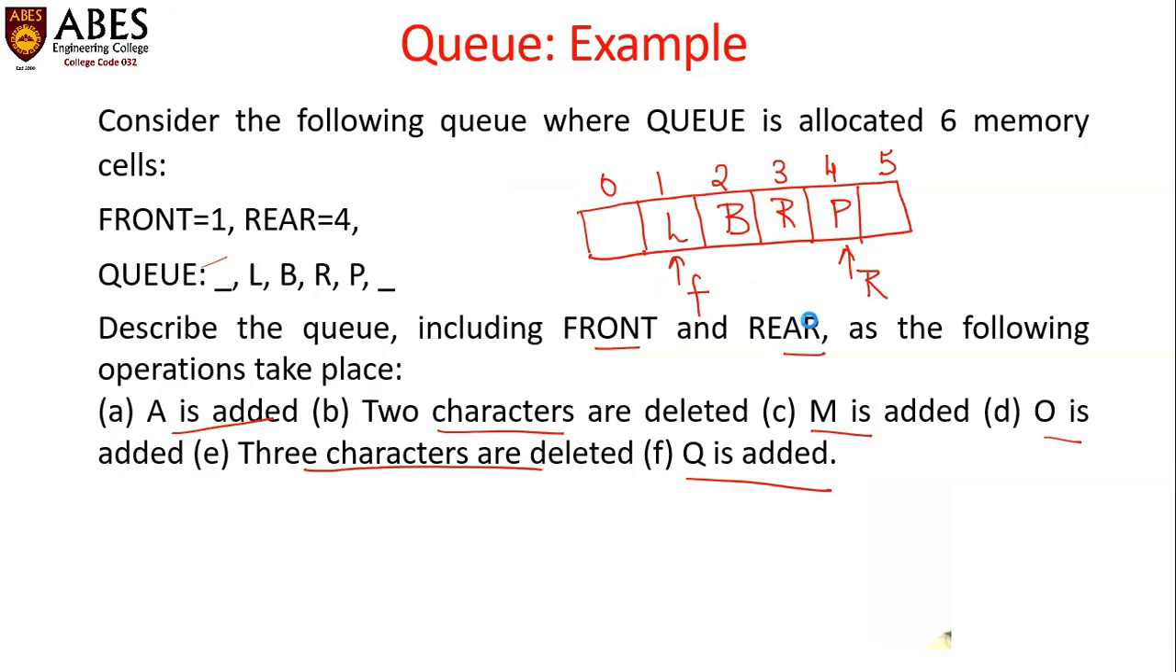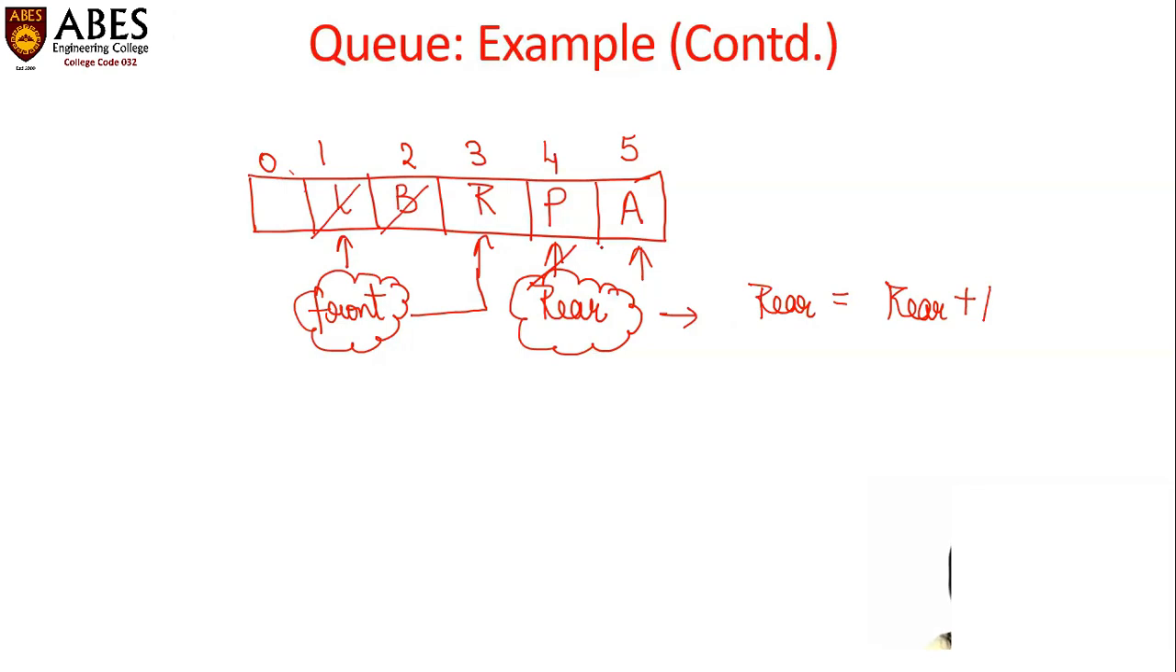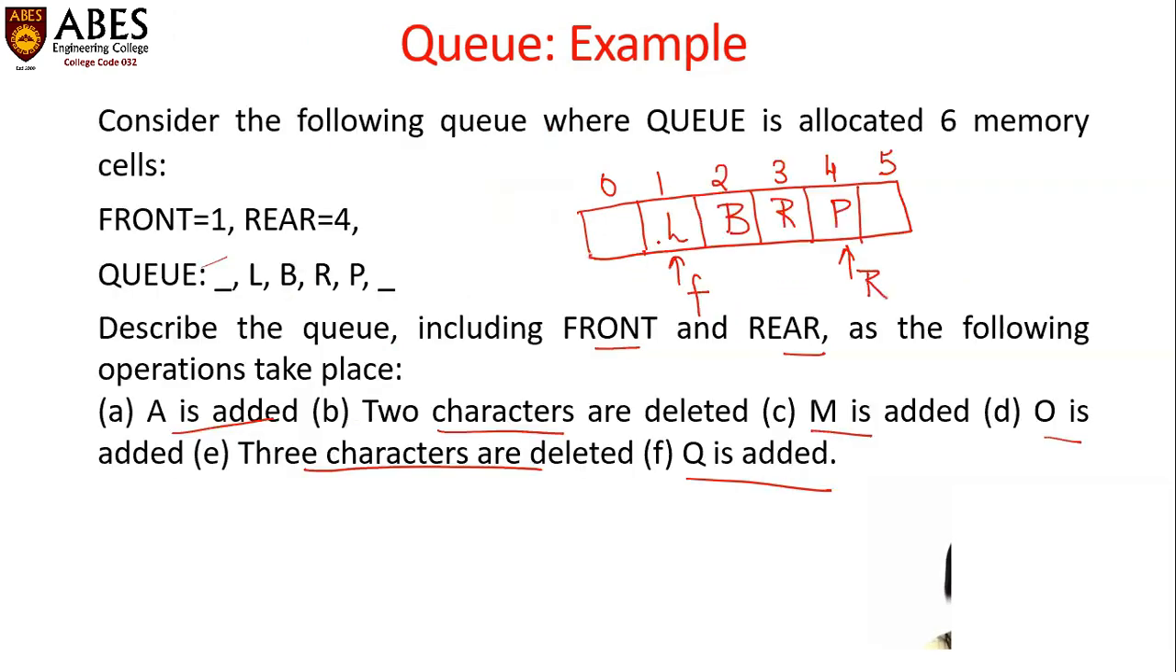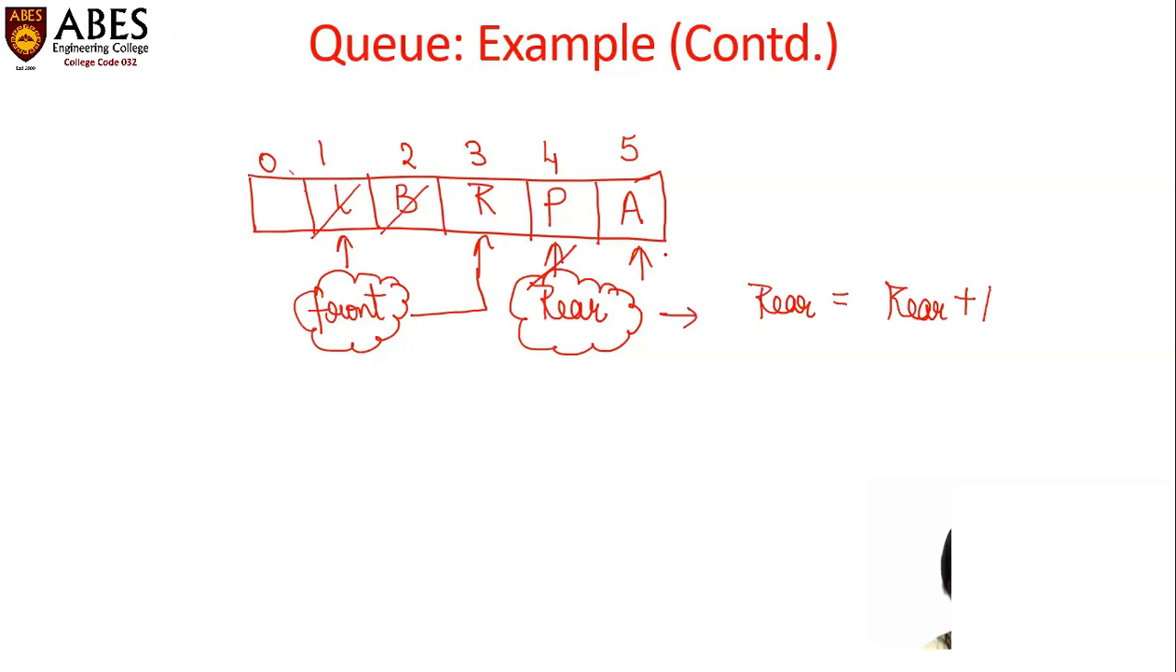Next operation is M is added. As we know, we have occupied our 5th position because we have only 6 memory cells. Then no new member can be added. It means we cannot add M inside this queue. So on addition of M,